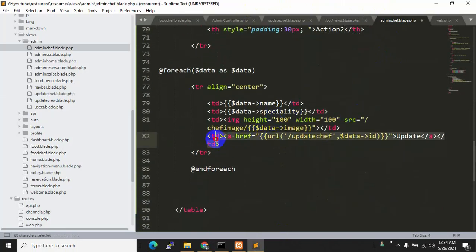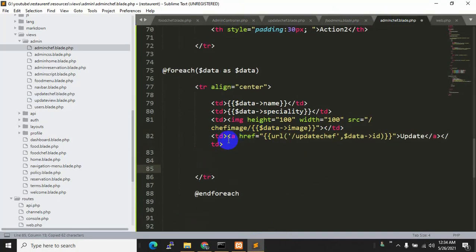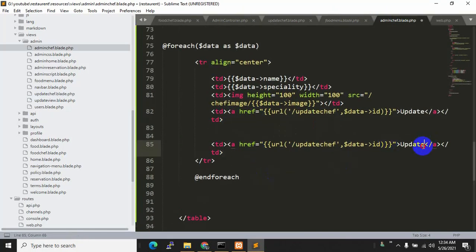So I'll just copy this td and paste it over here, and instead of update we'll call it delete. Delete is actually really easy, so it will be delete chef. Okay, so let's save it, Control S.